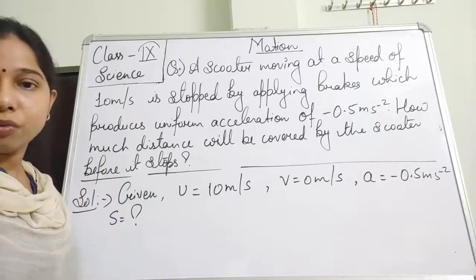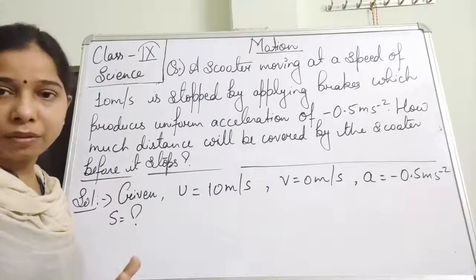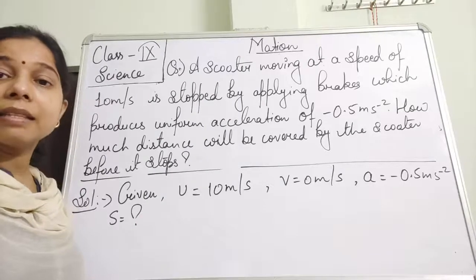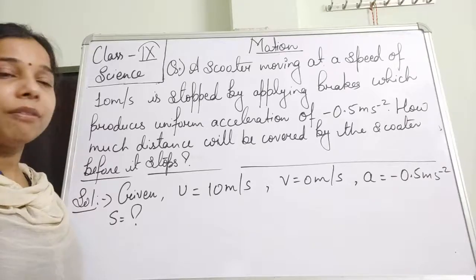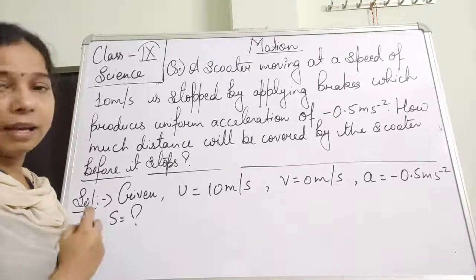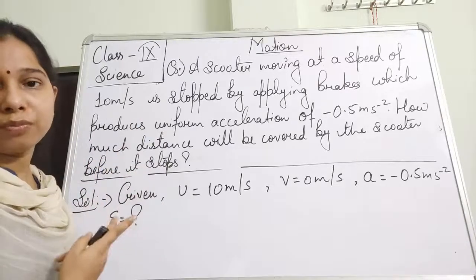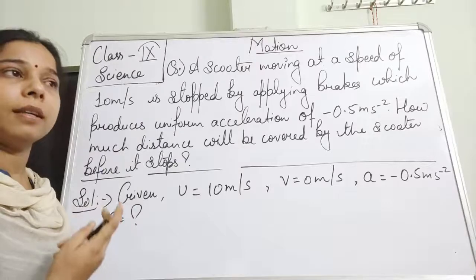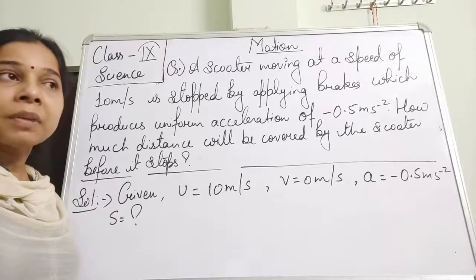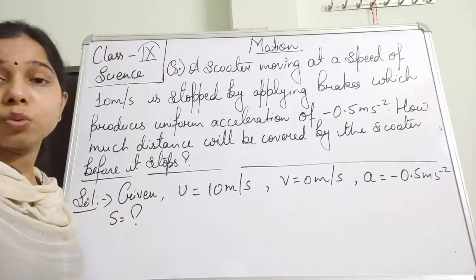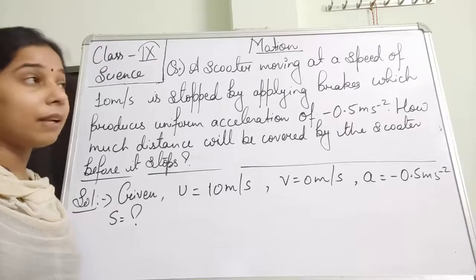So S we have to find. It means we have to find the distance. You can see here there is no time given. Now the question arises, which equation of motion are we going to use here? U is given, V is given, A is given, we have to find S. Obviously, S is there in two equations of motion. The first one is the second equation of motion, S is equals to ut plus half at square, and the third equation of motion, V square is equals to U square plus 2AS. T is not given in this question.